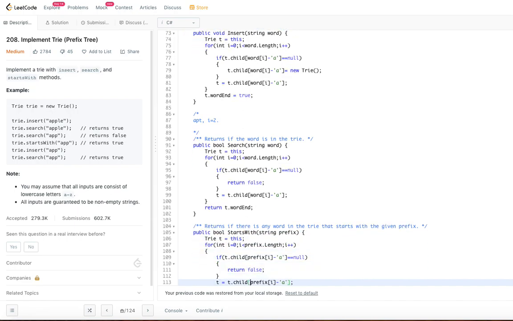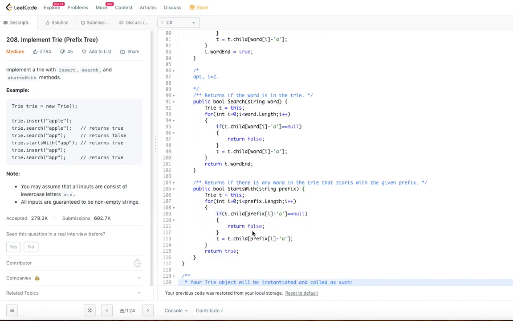Now let's go ahead and look at startsWith. This is also pretty much similar. So trie t is equal to this, for i is equal to 0 up to prefix dot length, we go through that prefix, and similar to the search function, as and when you see null, we return false. Remember, this is only a prefix. startsWith doesn't need to be the end of the word, that is why we are not returning the end of the word.